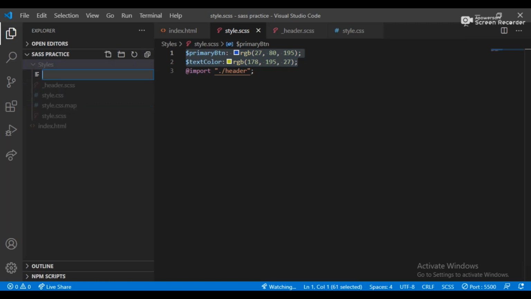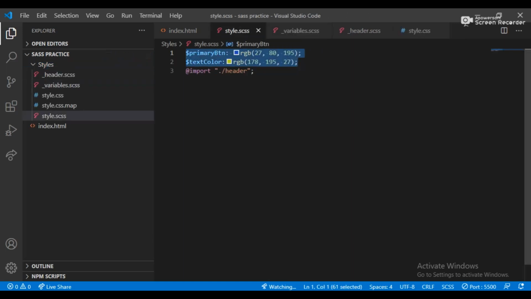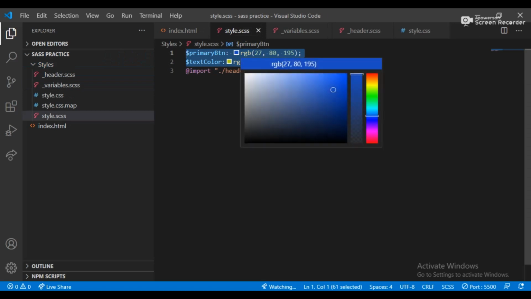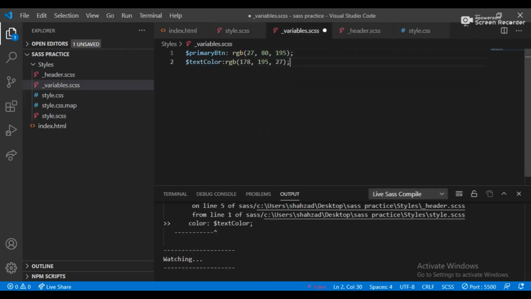The next thing, I'm creating another file for the variables, variable.scss. All the variables are there in the SCSS. So now I am copying it, you can cut it, and add the style variables here, and now just call these variables into your style.